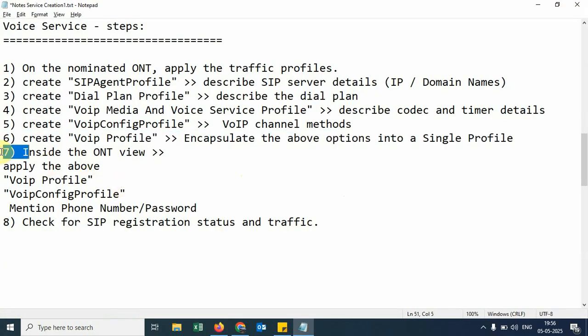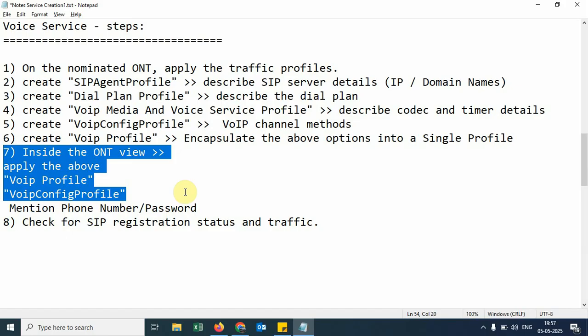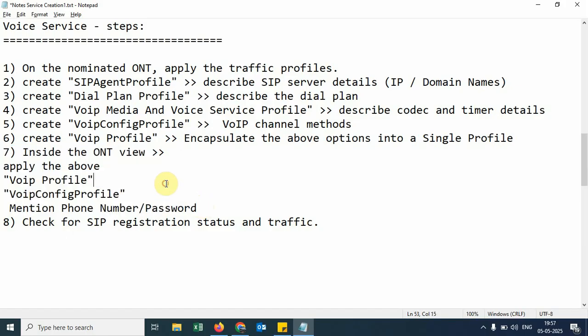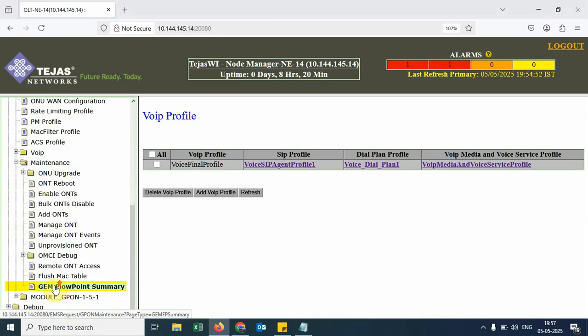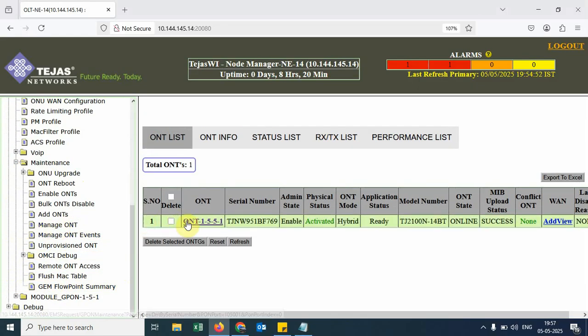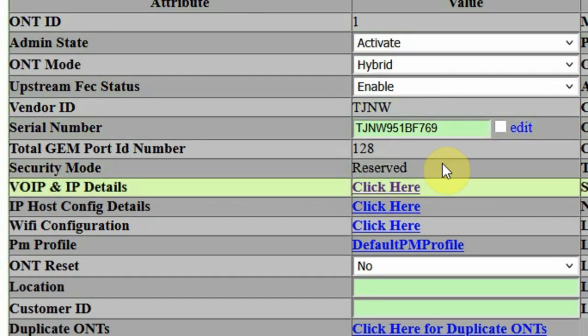The next step is we'll have to go inside the ONT view and apply the above voice profile and VoIP config profile and mention the phone number and password. GPON, go into maintenance, go into manage ONT, open the ONT view or ONT image. So this is the ONT view. Here we have something called VoIP and IP details. Click here,